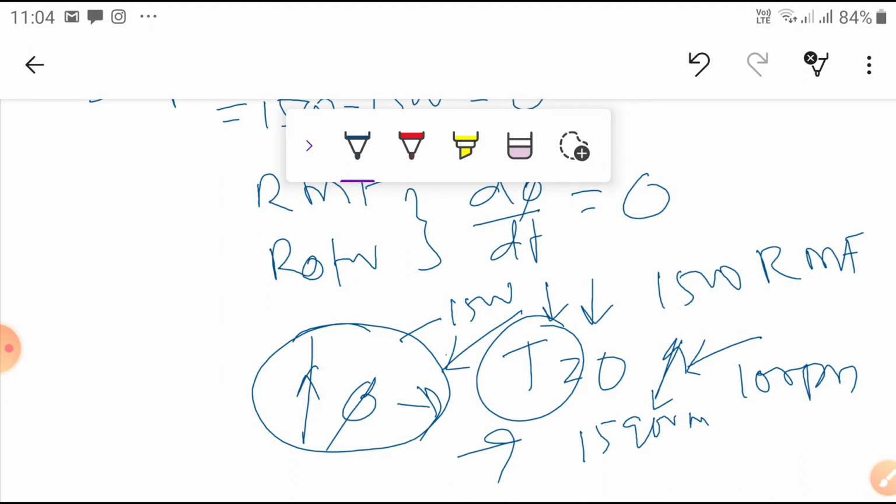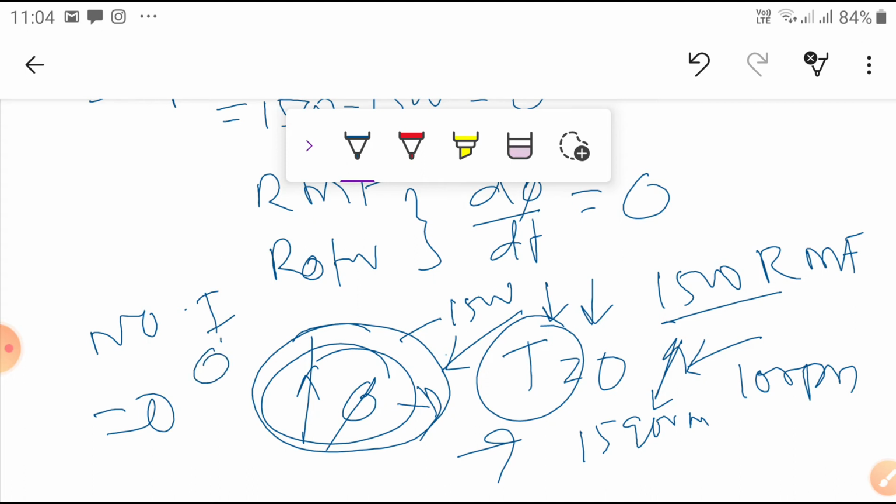If it reaches the synchronous speed, then the value of the slip becomes 0. That means no EMF is induced in the rotor conductors, no current flows, no flux is developed, and then no driving force is developed in the rotor. So it will try to come backward. Okay, so that is the reason the rotor never runs at the synchronous speed of the